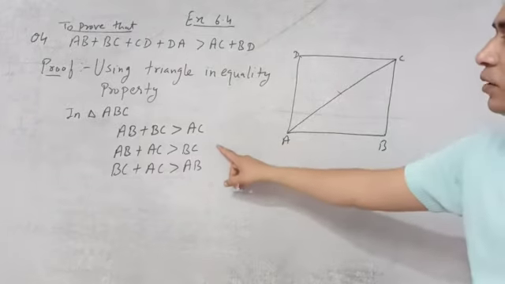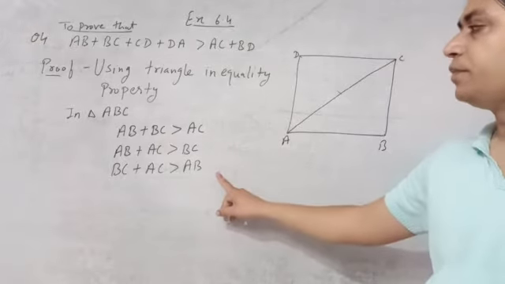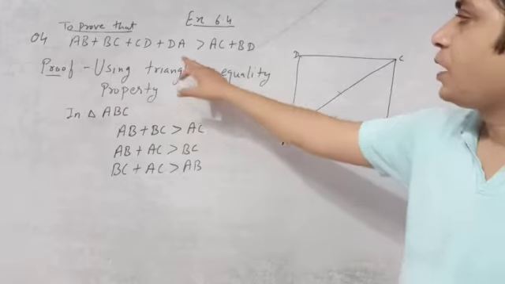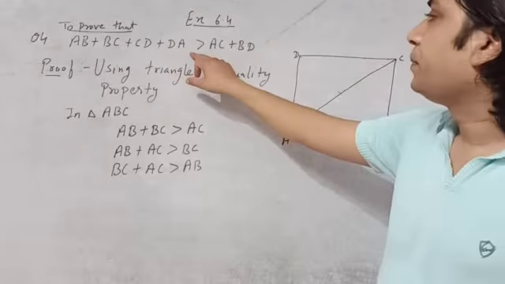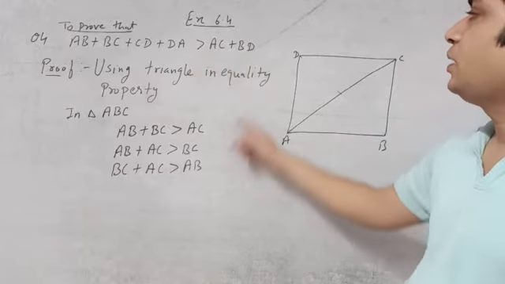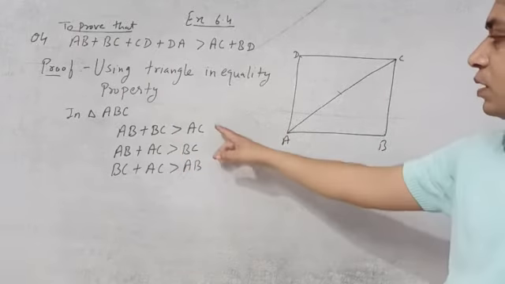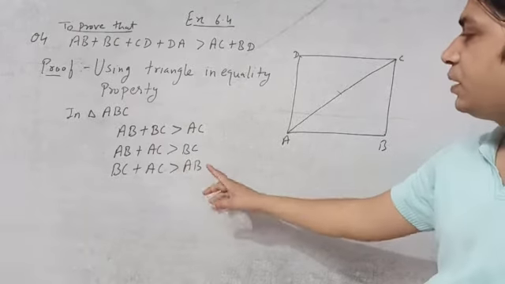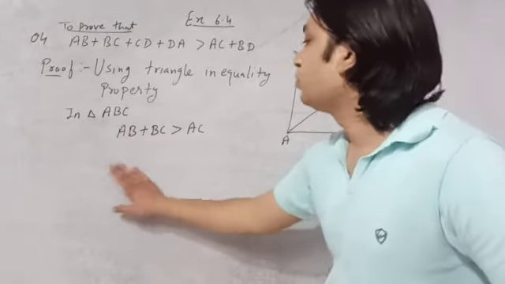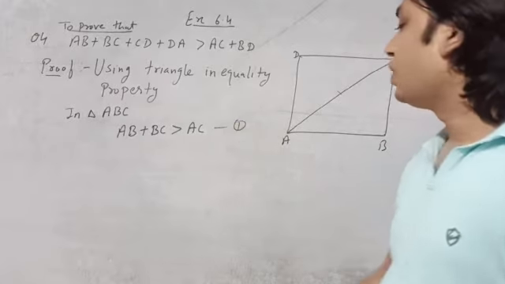But remember, we don't need all the three. We need only one condition. Which condition? Here we are seeing AC and BD together. So after greater than, we will see AC is there and BD. Here AC we are having, here BC and AB. So AC we need. So we will write only the one condition, this one only. And this is our equation number first.